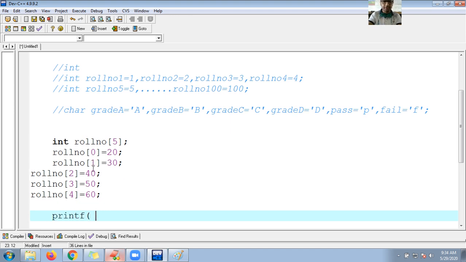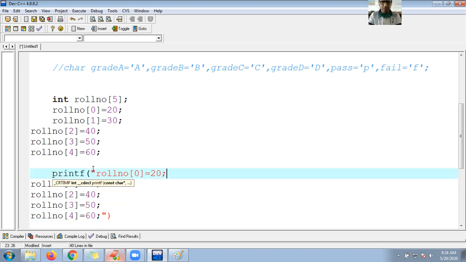I want to print. So how do I print here? Roll number of 0 is, so what should I do here? %d, double quote, \n, and here comma. Roll number of 0 contains, Control C here, Control V.